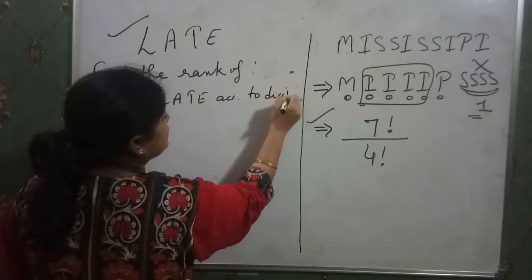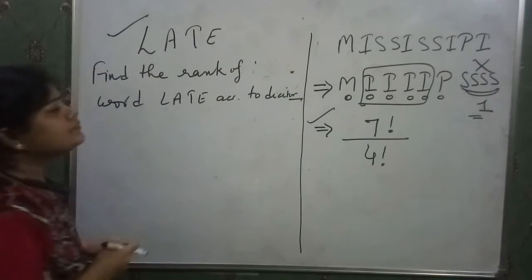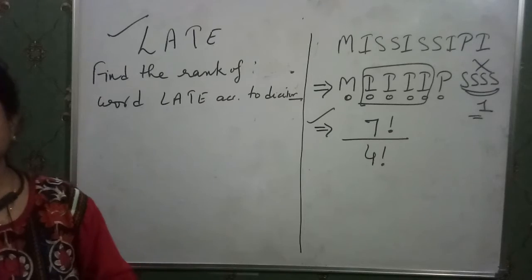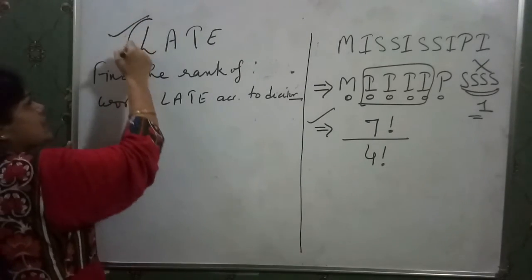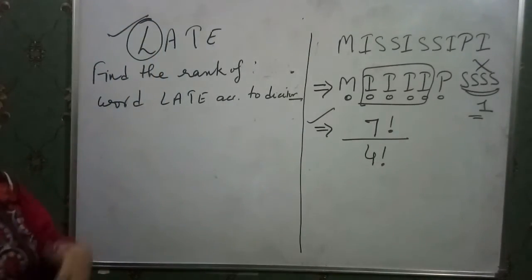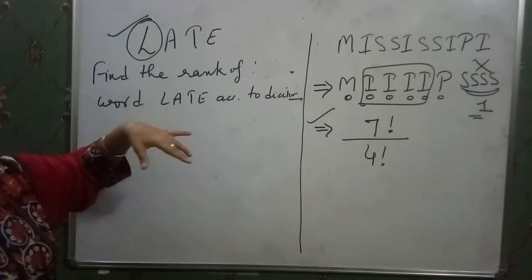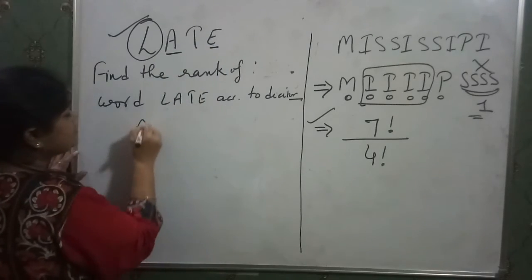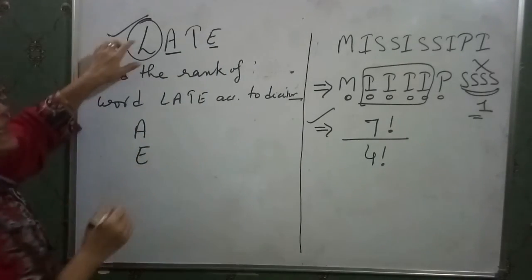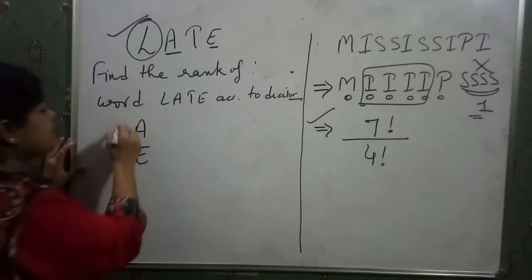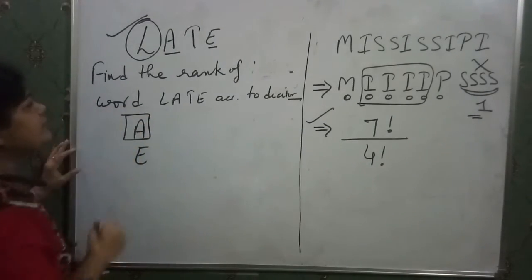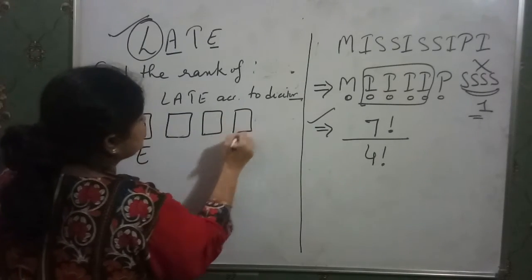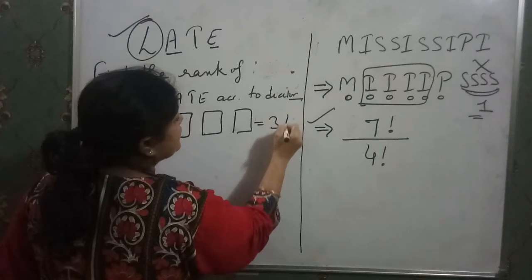According to the dictionary, all the letters are put in alphabetical order. So if we have to start with LATE, observe how many letters come before L. According to A, B, C, D, A and E come before the letter L. So when we put A in the first box, all the 3 boxes should be filled by factorial 3